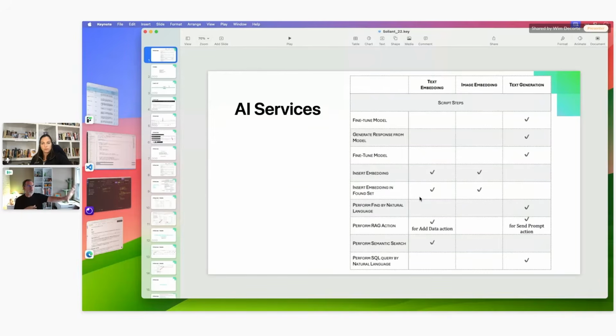Keep in mind, when you use these script steps, pretty much all of them, whether you generate embeddings or you ask questions or you ask the model to generate a SQL query for you or do a find for you, you will be sending either data to the AI provider, or you will be sending intellectual property to the AI provider, namely the schema of your solution, the table structure, the relationships between those, all of these things.